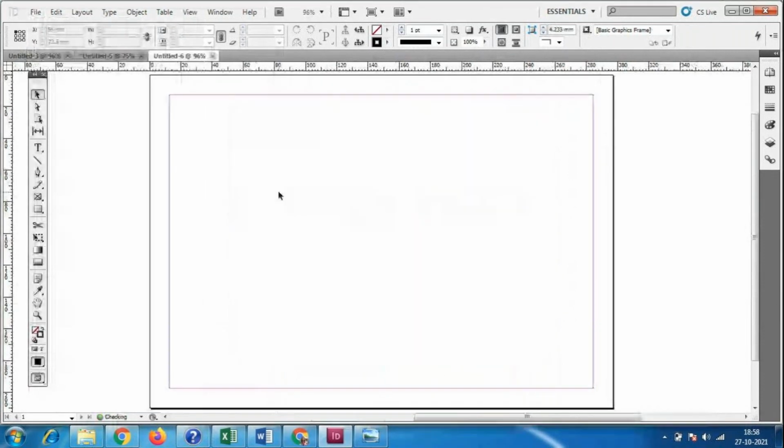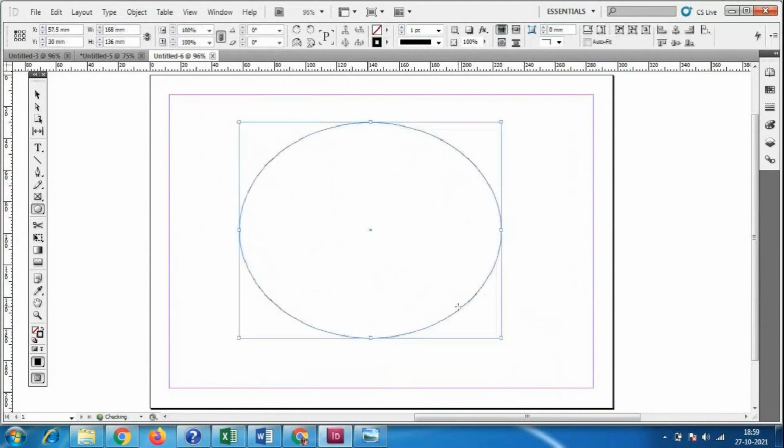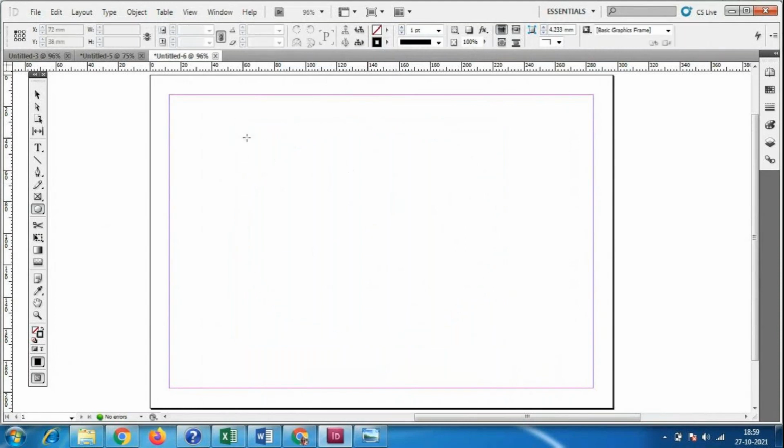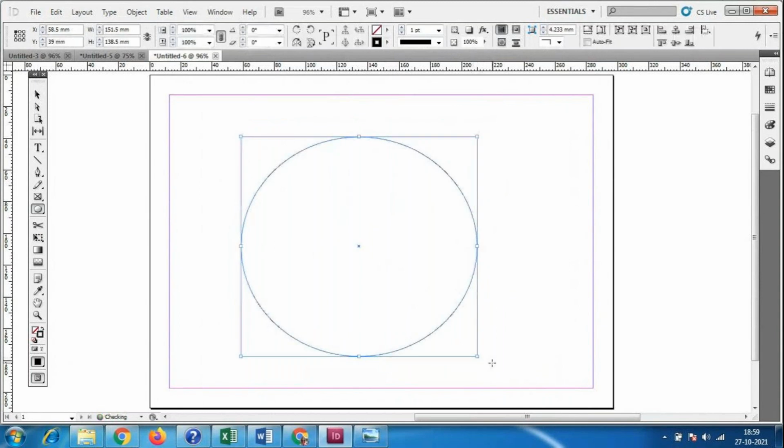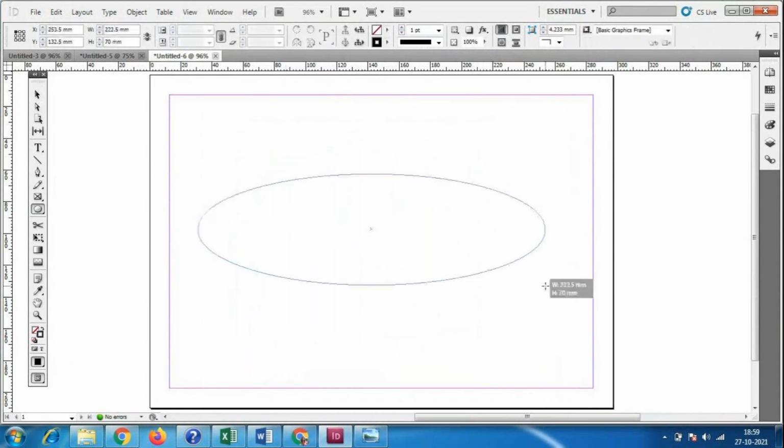Now the next one is the rectangle tool. The shortcut is M. We already did that one. The next one is the ellipse tool. The shortcut is L. I'll go to this ellipse tool and make a circle. While you are making it, you have to press left click. Always left click, and we make the circle. Circle or oval shape you can make. So this is the circle and oval shape. Any of the designs also you can make.